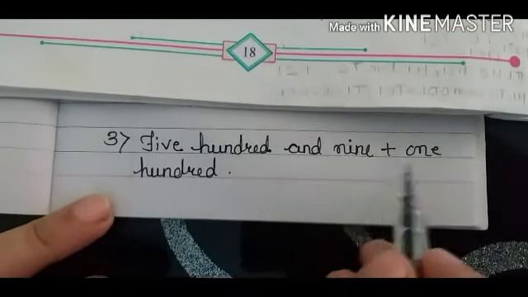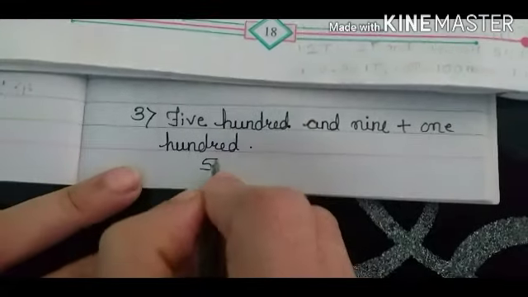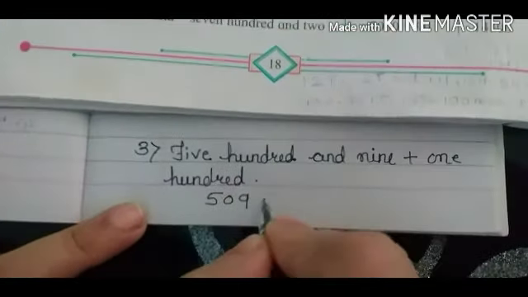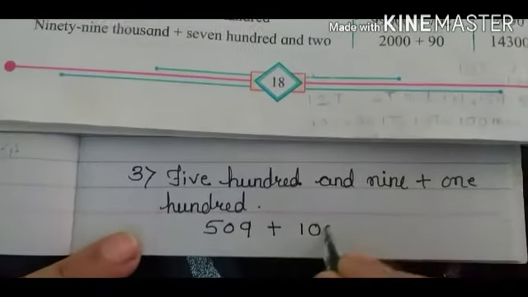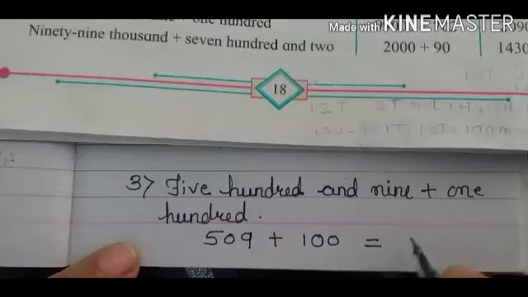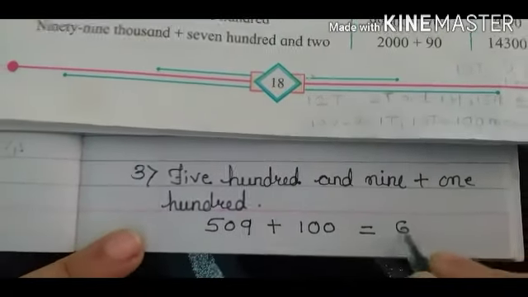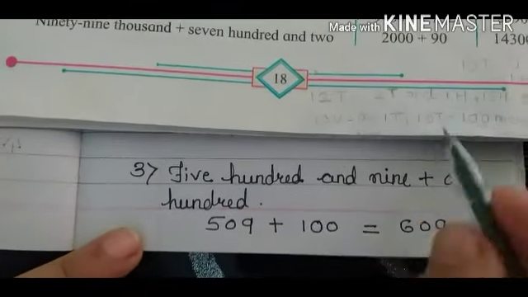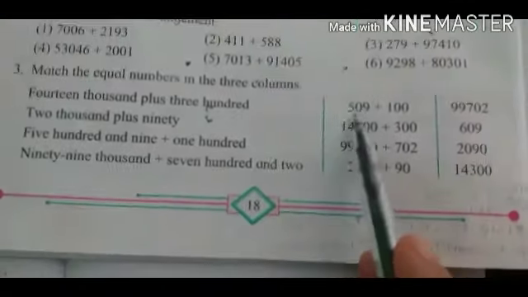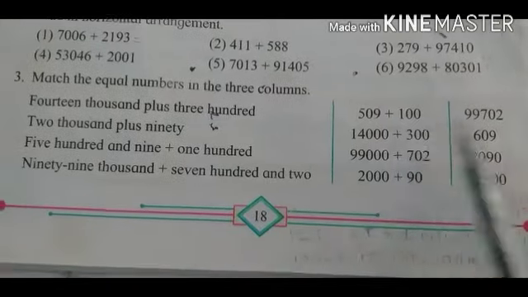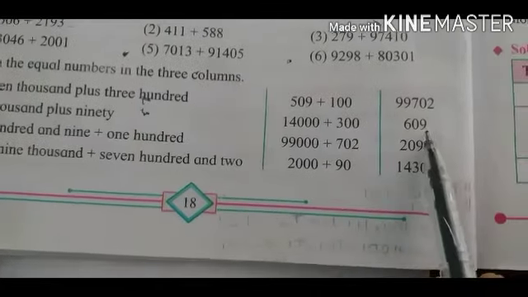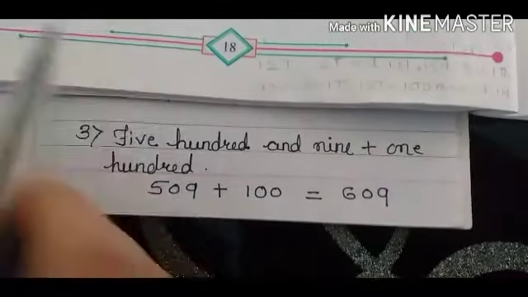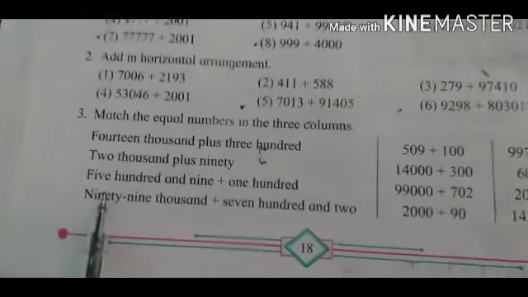509 plus 100. So we'll write it as 509 plus 100. If you will add this, our answer will be 609. You can see in your textbook 509 plus 100, and third column also 609 is given. So we will write the answer like this in your notebook. Now question number 4 is given